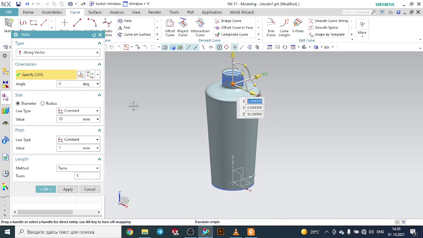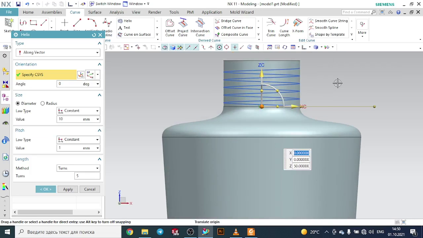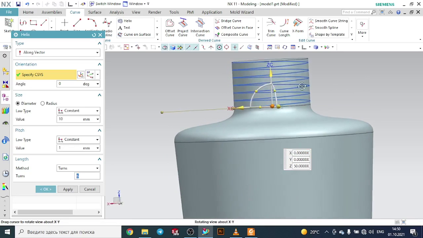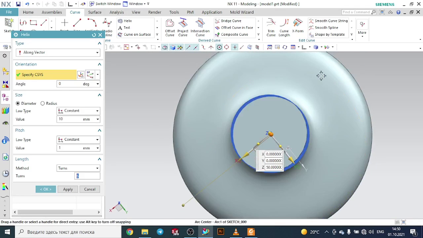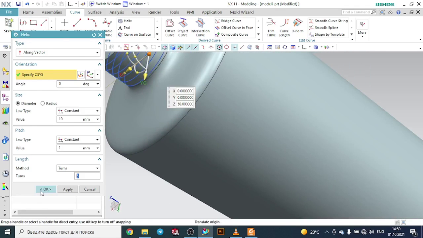Bring it here, the dimensions of the helix: the diameter to 10, and increase the number of turns, for example to 6. So now it's correct, it is good. So we can finish it